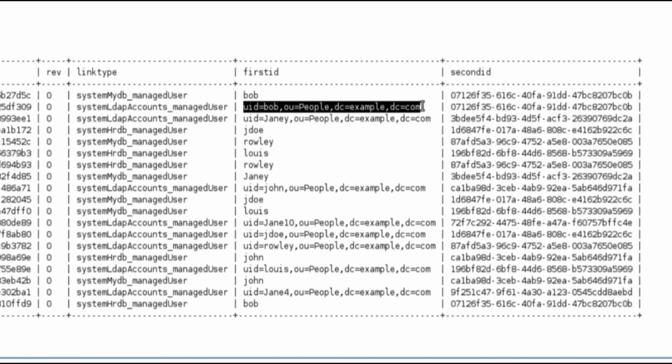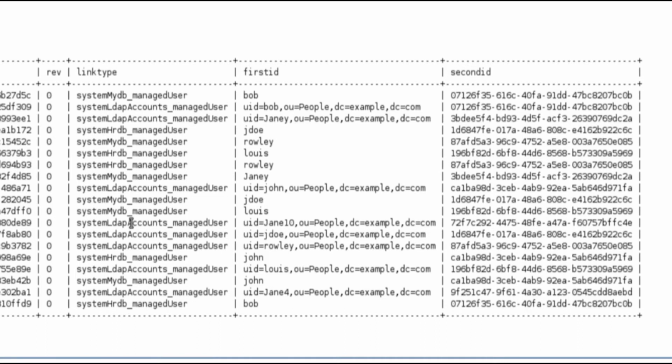So the managed user in OpenIDM, being Bob, has a user that was created in MyDB and a user that was created in LDAP accounts using the LDAP accounts connector, which